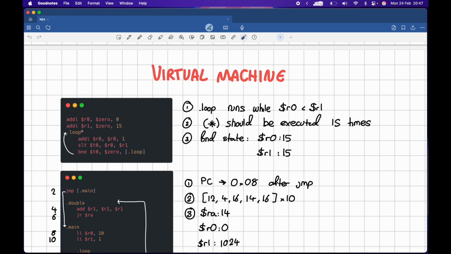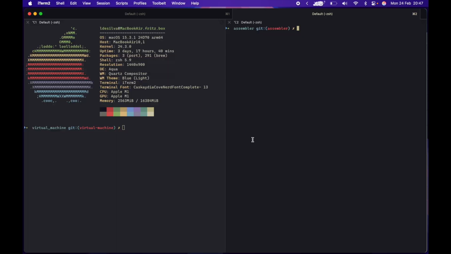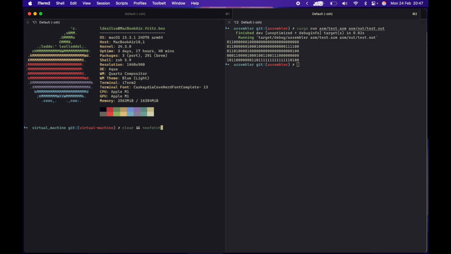So this content in the loop here should be executed 15 times, and the final state of the program should hold R0 and R1 as 15. So to compile the program and then run it,